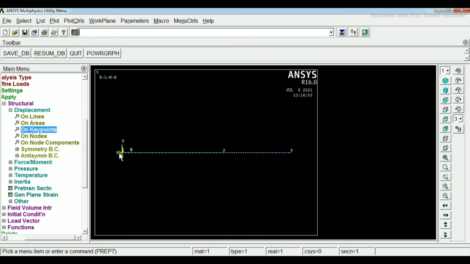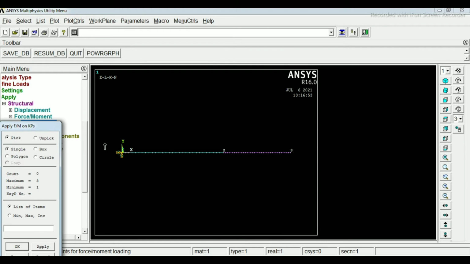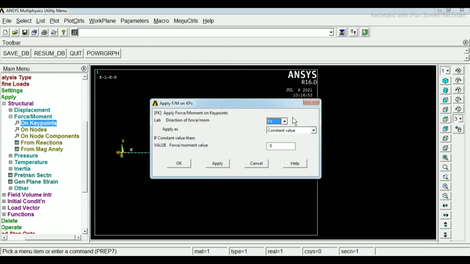So we have given it for the first key point. For the third key point having the load 5 kilonewton, which is downward, click on the force, then on key points, then click on the third key point and then click OK. There are various directions given for force.